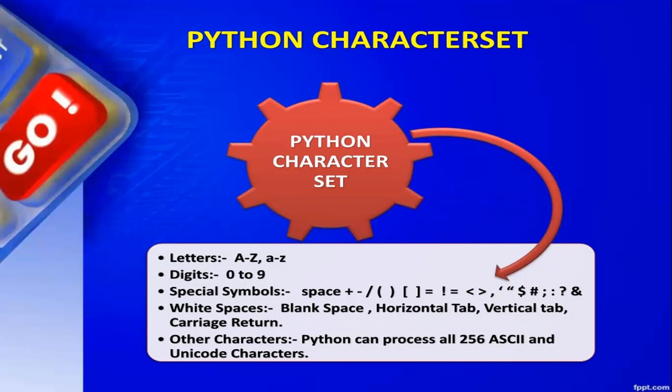Also the blank space, horizontal tab, vertical tab, enter key. These are all valid character sets, all valid symbols recognized by the Python. And all other ASCII and Unicode characters are also valid character set of Python.